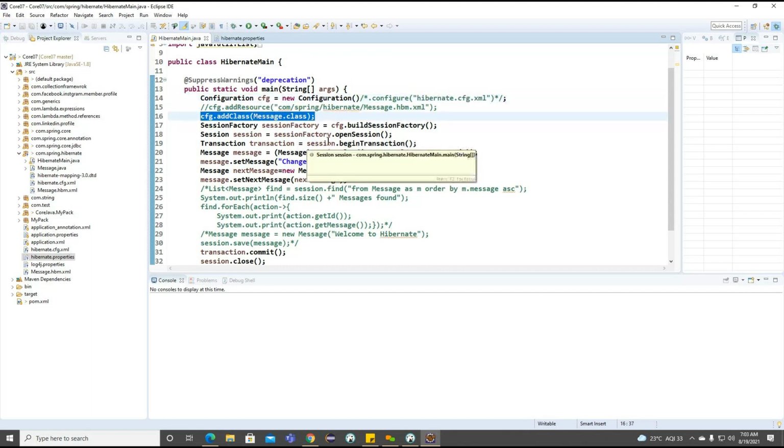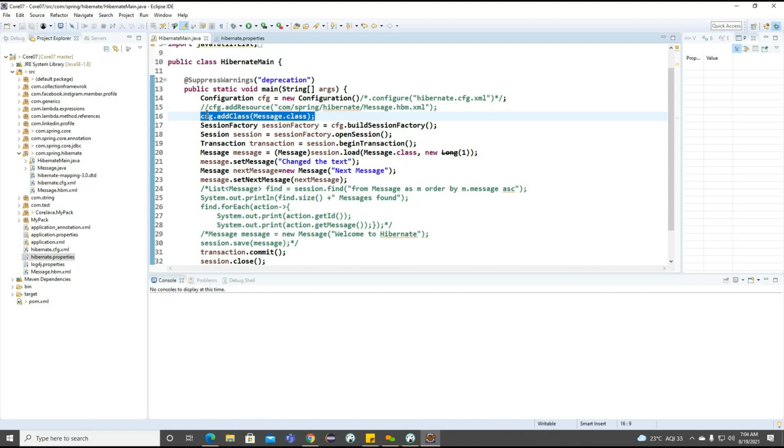Later, with the help of addClass, we are providing the persistence class. What is the class we are going to integrate with our database? The class called Message.